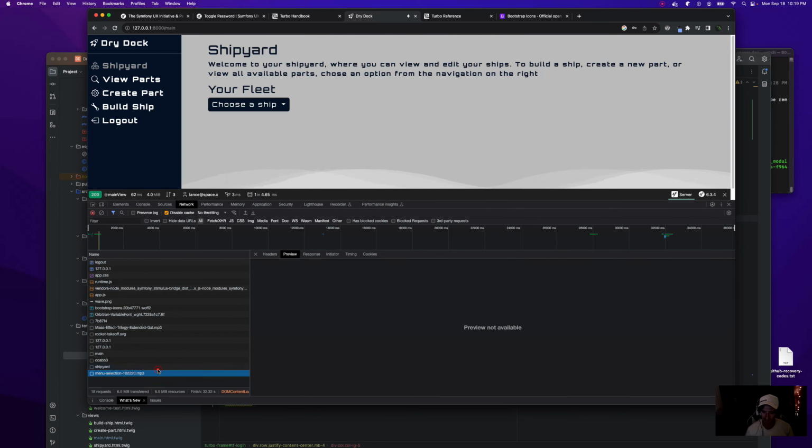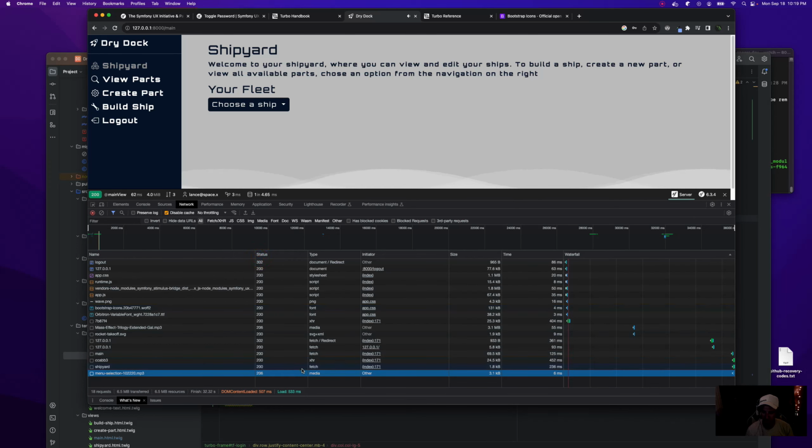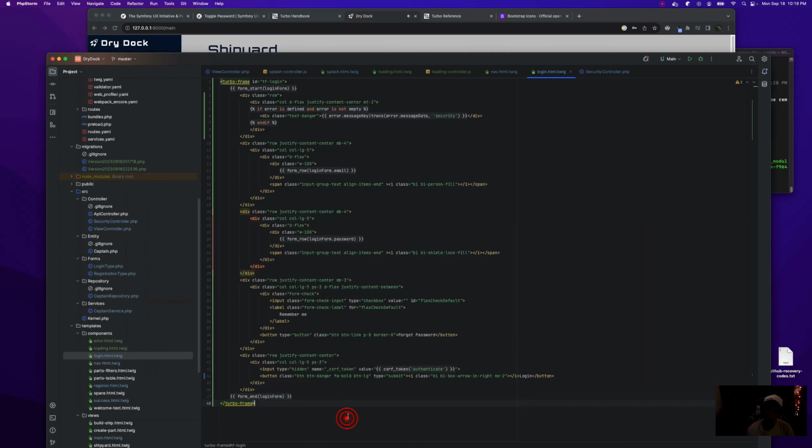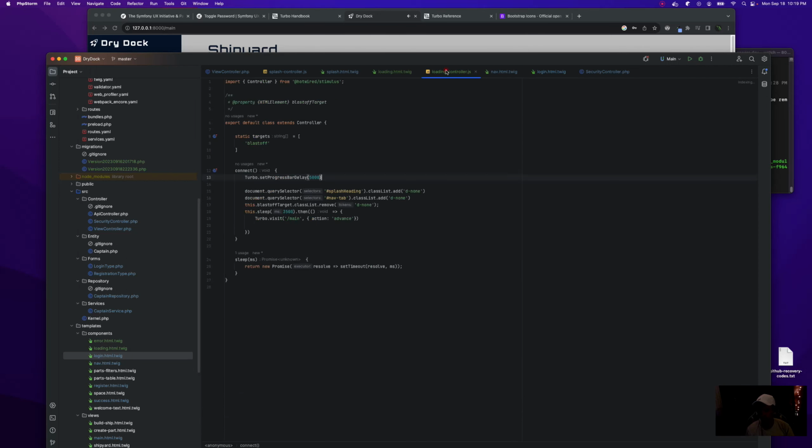There are some different ways we could do this with Turbo and kind of achieve the same effect without that intermediate loading step and forcing the user to wait. Of course this app is like nothing to load, but when you actually do have something that's going to take a while to load, instead of doing this sleep function, you don't have to add that basically. You can do that Turbo visit as an overlay while everything's being loaded in the background.